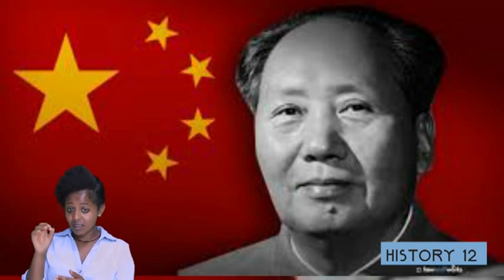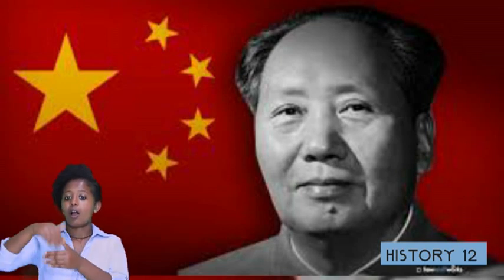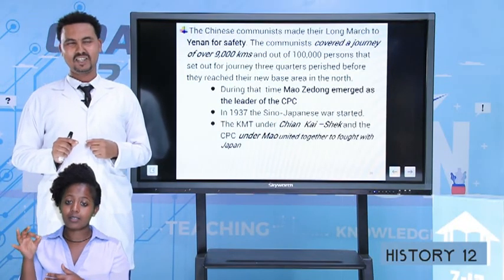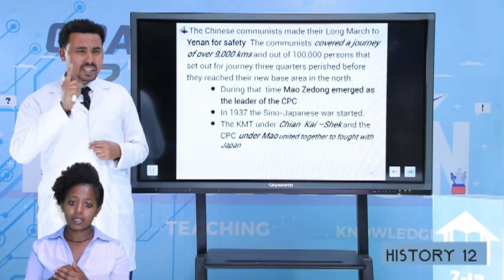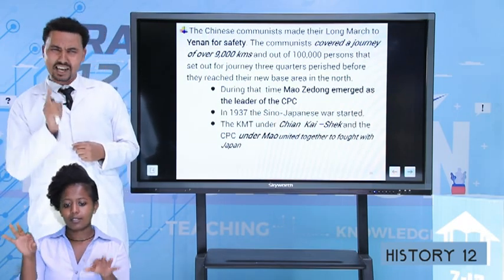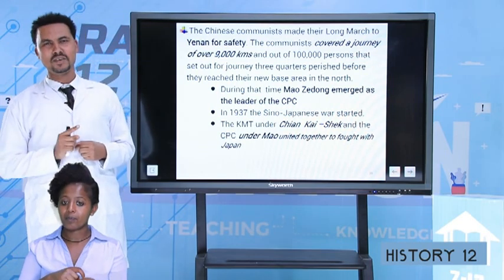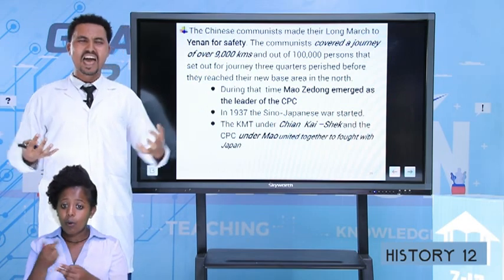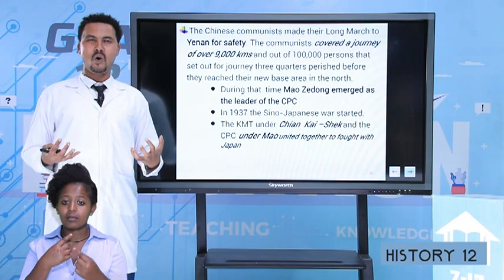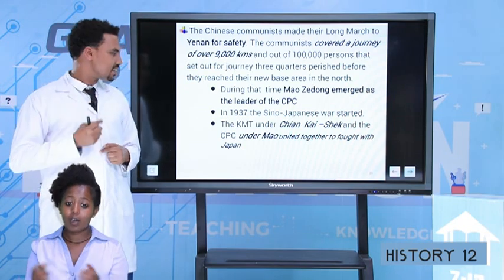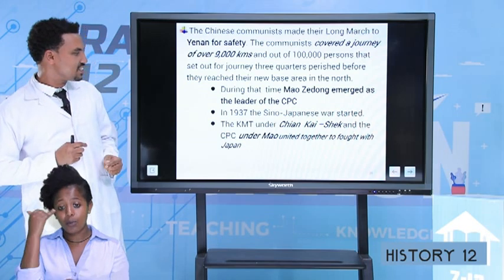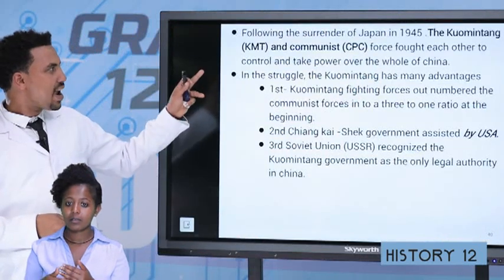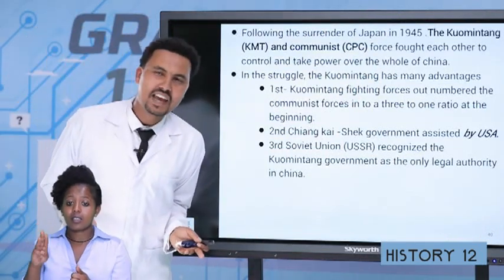In 1937, the Sino-Japanese War broke out. Student, we learn important things from this lesson. At that time, there was a common enemy, Japan. Both the Kuomintang and the communists organized against Japan since 1937. Later, following the surrender of Japan in 1945,